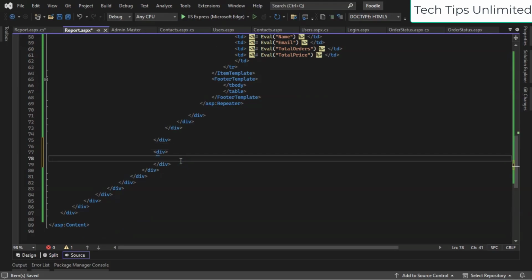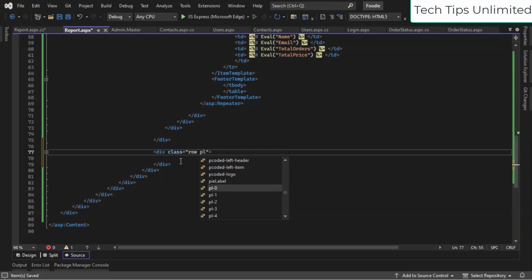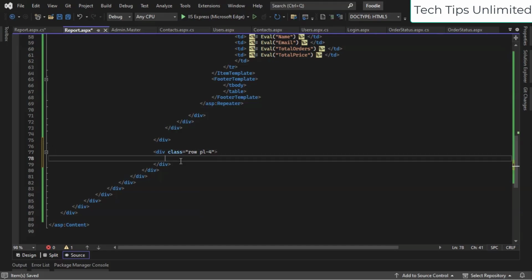So inside this div, we'll take another row, bootstrap row, padding left of 4. So here we'll take one label control for displaying the total price of all the items which have been purchased by the users for a particular date range. Okay,